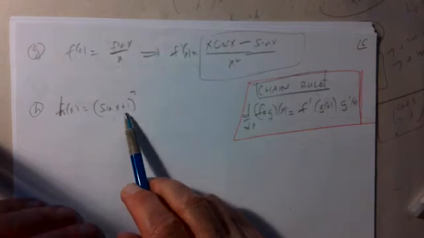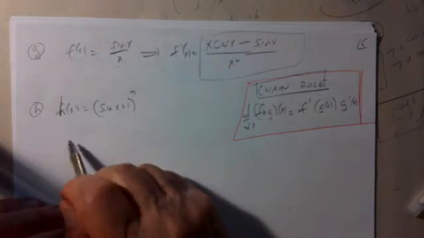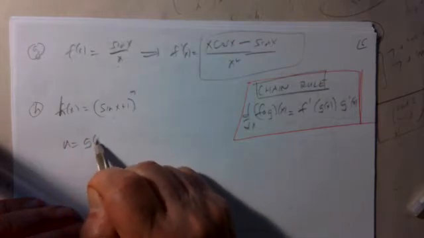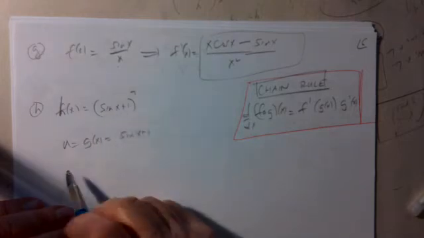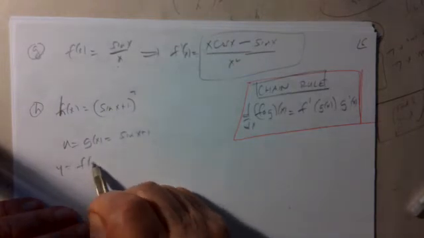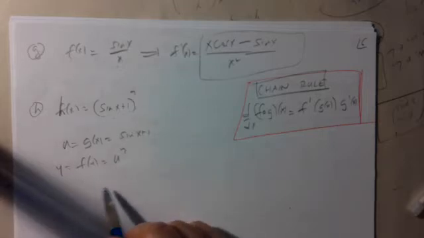This is a composite function. If you had the function, let's say u equals some function of x, sine of x plus 1, and if we had a function y is some function of u, and say f of u is u to the 7th, then